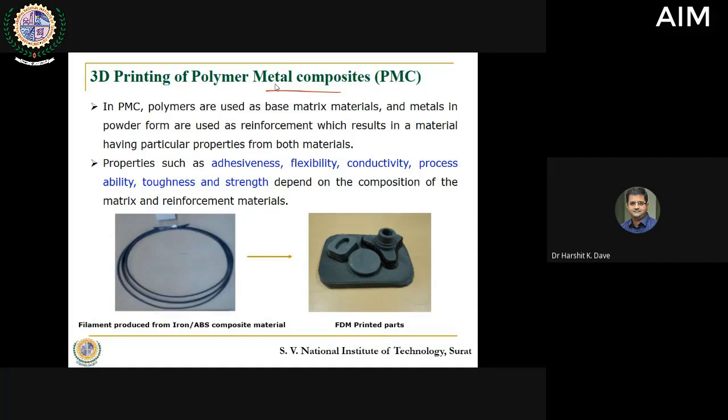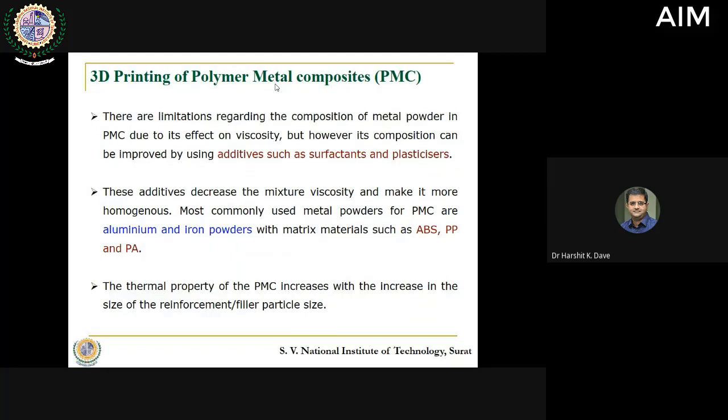The easiest way of carrying out this process, as we saw in the case of nano composites or ceramic composites, is to mix these particles initially in the filament itself in certain proportion and then use the filament for FDM printing. However, it is also possible to mix these metal powders well with the polymer powder and utilize it in an SLS process, or even mix them evenly with the resin and try to photo cure it. Now, the limitation that comes up about the composition is that when you mix metal powders, the viscosity